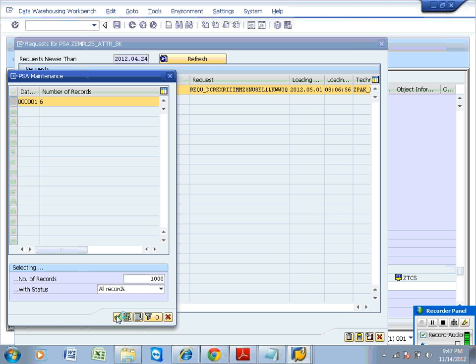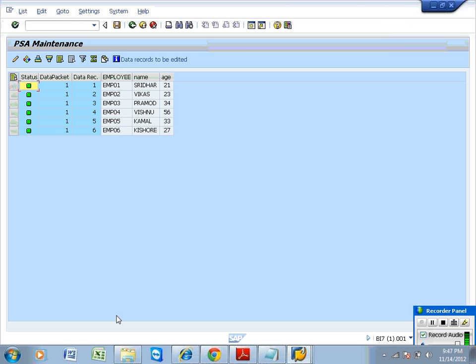And if you want to see the 6 records information, then click on the continue button. Now, in the source system, we have 6 records, and all 6 records are loaded as they are into the PSA table. So, in your PSA table you see the information in totality. For each data source, you can find one PSA. That's the reason: right click the data source, go to manage, select the request and click on the PSA maintenance button. Then the screen will open. Then select this data packet and click on continue. That's it. Then the system will open the PSA table information for you.